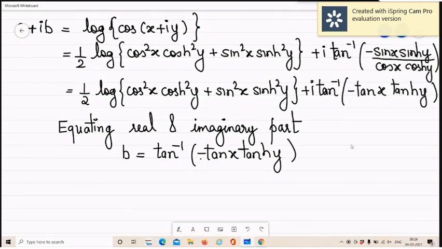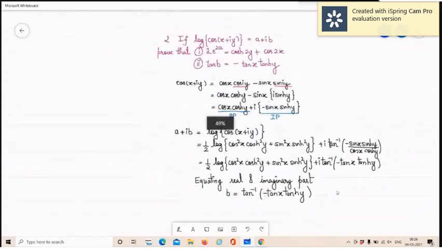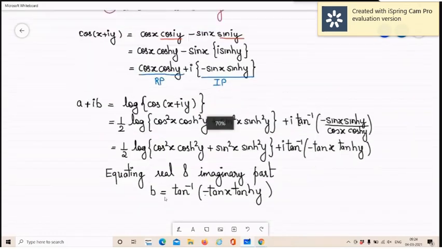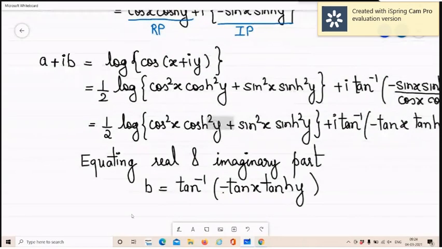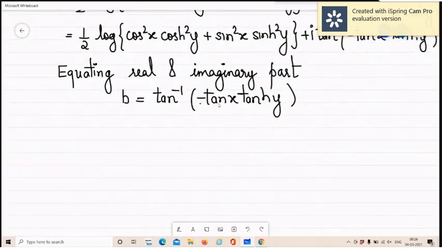Now I am just zooming out, that will be better. Can you see we are reaching the second point? Quickly see the question. B is tan inverse of this. So this tan inverse will go to the other side, so tan B is equal to this. Understood? So we are doing a similar kind of sum like yesterday, but with a few extra steps. That's it.